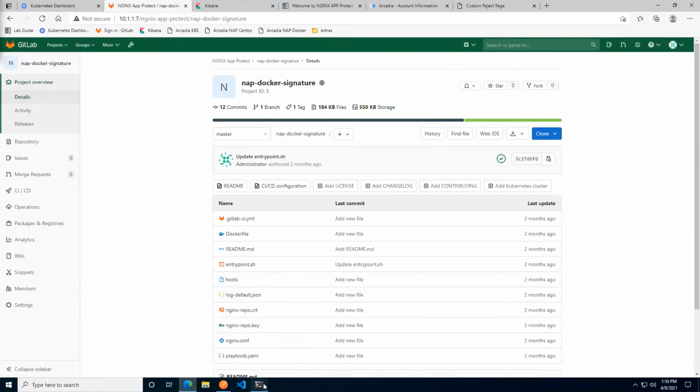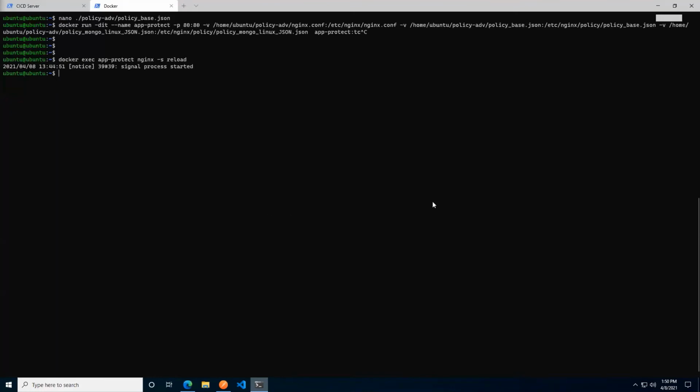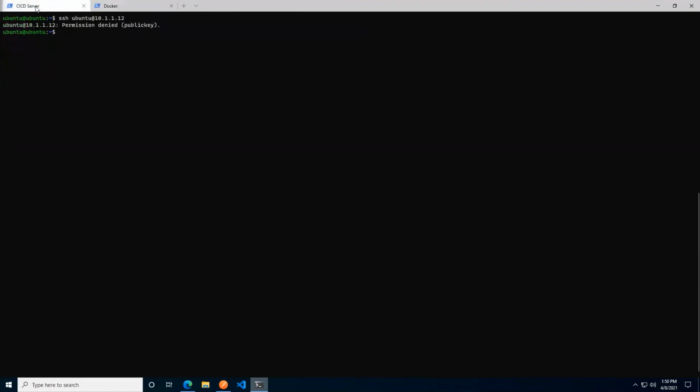I'm just going to pop over to my terminal, and I'm going to jump over to the CI/CD server. On the CI/CD server, I'm going to run a yum command, notably info. And what I want info on is the app protect. No, that was attack-signatures, like so.